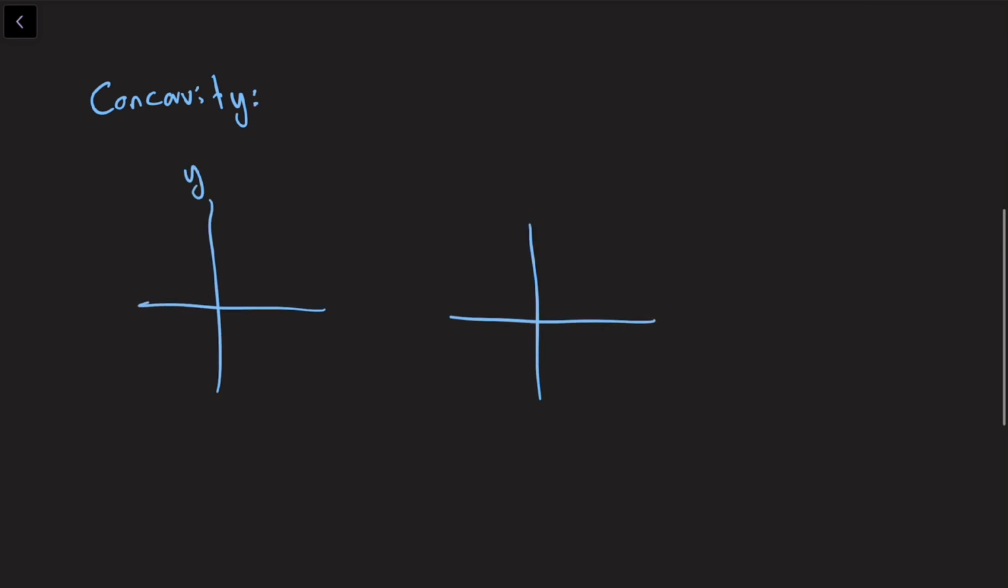Now we're going to move on to a very important topic. It's called concavity. Essentially, concavity tells you whether a parabola is opening downwards or upwards. We call these two concave up, as you see here, and concave down. I'm plotting these at random points. So concave up